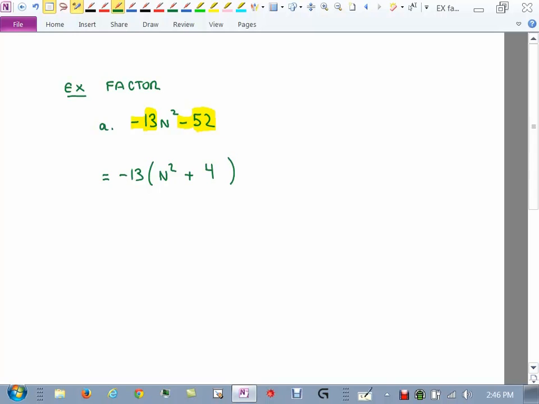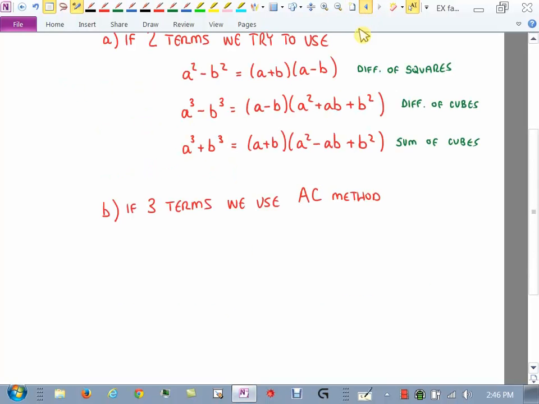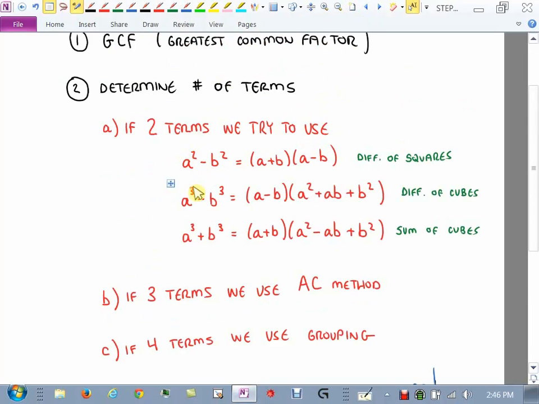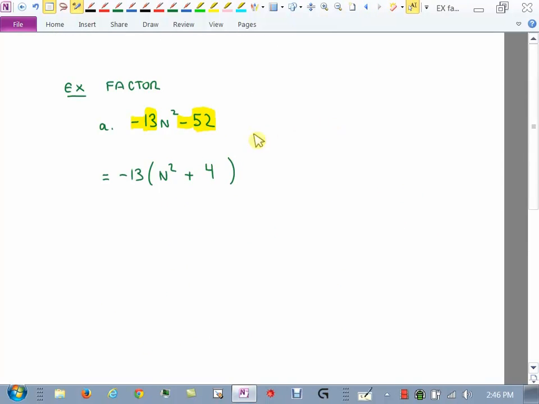And now what we do after we pull the GCF is we look at what's in here and ask how many terms. There are 2, right? Now if we go back to the previous page, if there were 2 terms, we hoped that it would fall into one of these. Now what's the operation between ours here? Sum. And the only formula we have for a sum with 2 terms is sum of cubes. So the question is, are these cubes or not? No, they're not perfect cubes. So at this point, we cannot break this down any further. We cannot factor the inside. Therefore, we are done, and this problem is over. And we box it up, and we move on.